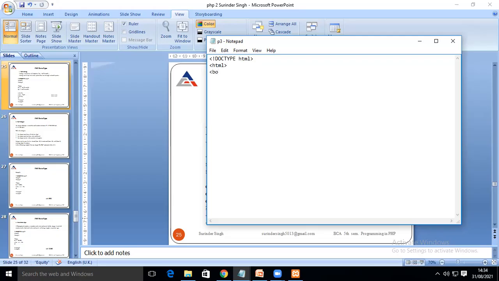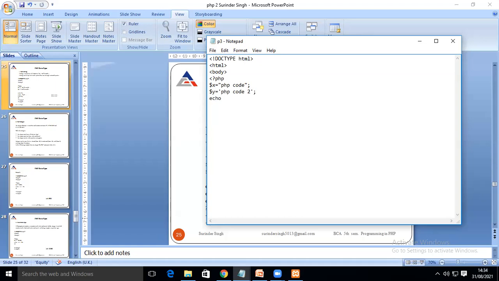Here we have a body tag, and here we have a PHP tag declaring variable X, assigning a value, then variable Y, assigning a value in single quotes. Clear? And here we are printing